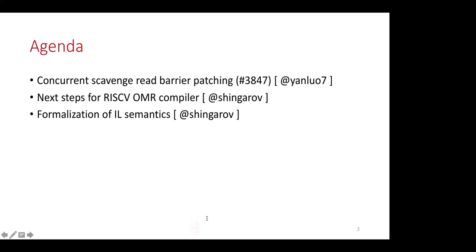So we perform some range check in our compiled code, and if the range check succeeds, it will perform a call to the GC where the referenced object will be garbage collected or copied into the appropriate